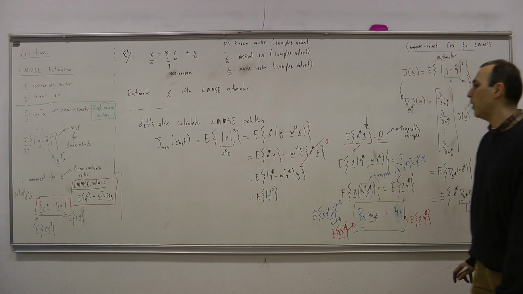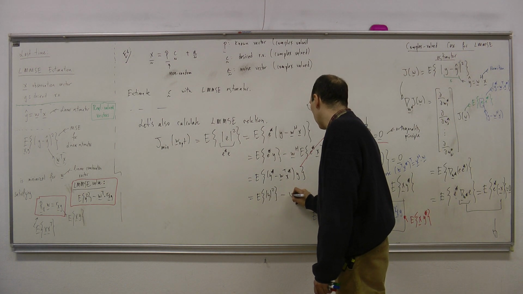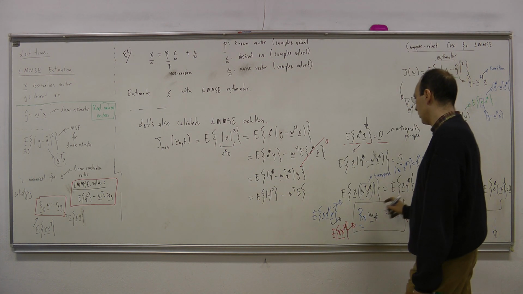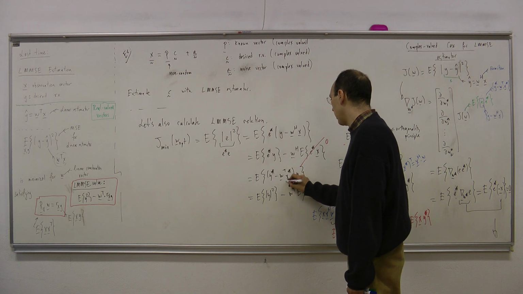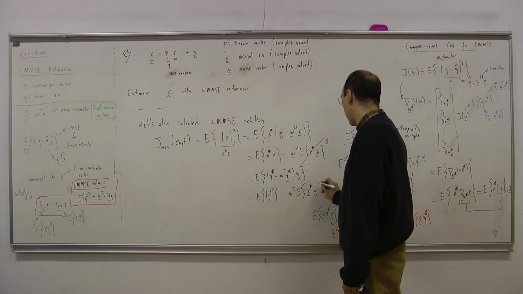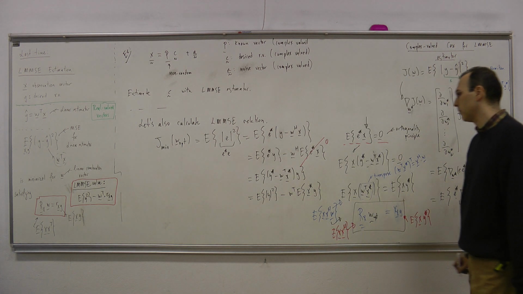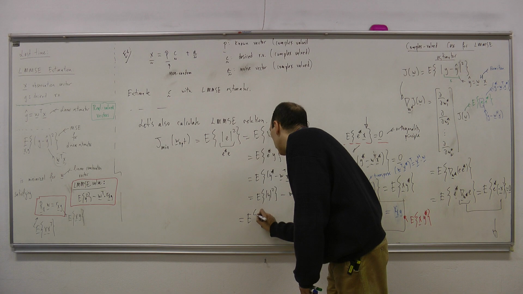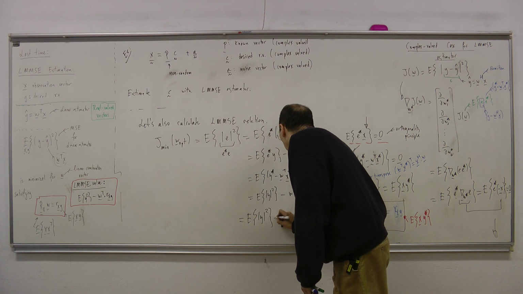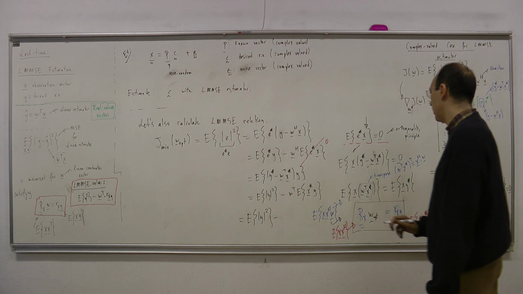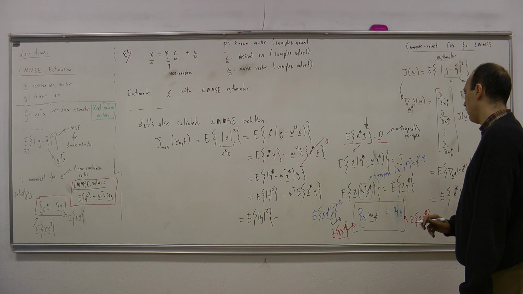Okay, expected value of y magnitude square minus W transpose times, this is x, this is vector, x conjugate y. Okay. So, one final step, this is this, minus, I have, let me see, W transpose over here. So if I take this,